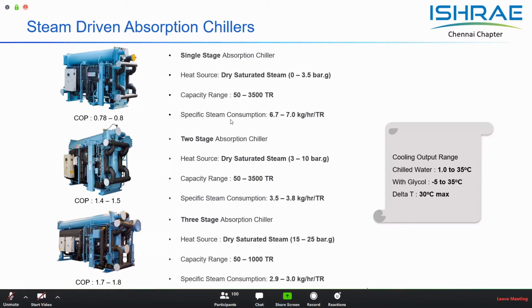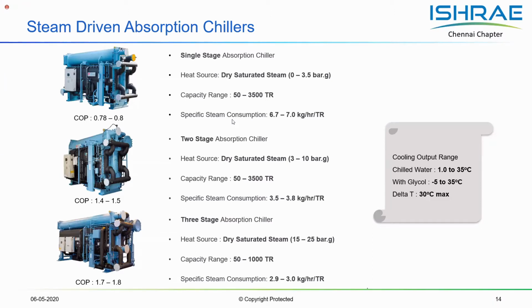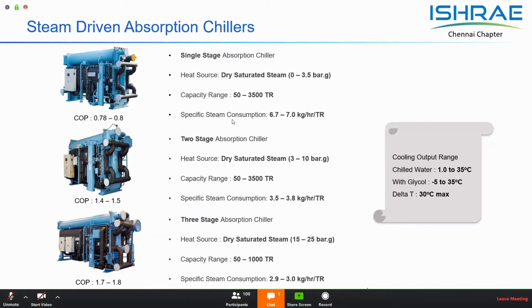Now, when you go to the 2-stage absorption unit, you will notice that the steam pressure requirement here is higher than the single stage. Because we are using a higher grade of energy, which is steam at 6 to 8 bar pressure, this unit gives you a lower steam consumption. You can see it is literally half that of a single stage chiller, and the COP of this unit is double that of the single stage unit. So the type of technology used is dependent on the energy source that is available, its temperature and pressure.